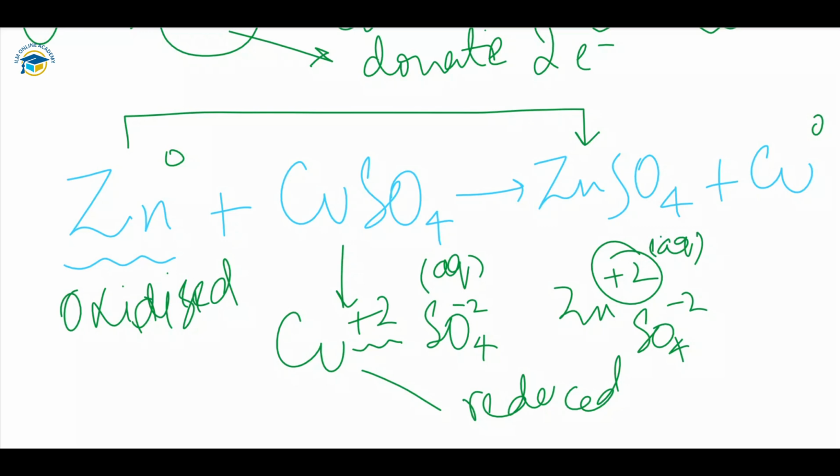We also call it a displacement reaction because one metal displaces the other. Zinc and copper both are metals, and they displace each other, and that's why we call it the displacement reaction. Now moving to another example,